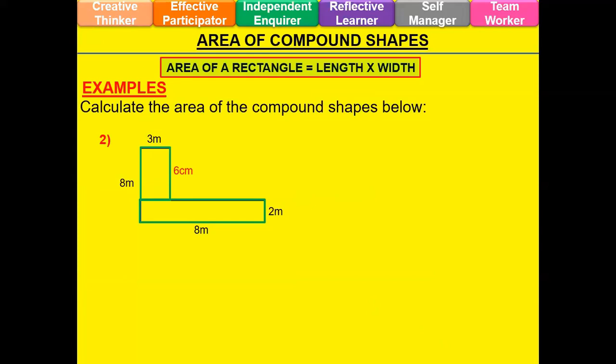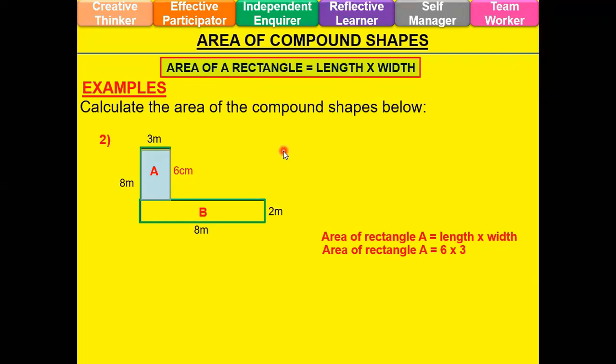Calculate the area of this compound shape. Now we have two shapes. Two rectangles. So what is the area of rectangle A? Yes, the area is 18. I notice a lot of you are saying 8 times 3 equals 24, but let's look at our shape A. This vertical line